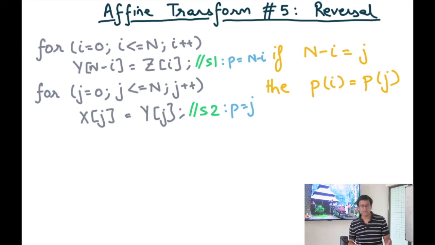And so based on these space partitioning constraints, the maximum rank solution that I'll get is p equals n minus i and p equals j. So for the ith iteration of S1, it is mapped to the (n - i)th processor in the processor space. For example, the 0th iteration of S1 is going to get mapped to the nth processor. And on the other hand, for S2 it is p equals j, which means the nth iteration of S2 is going to get mapped to the nth processor. So the 0th iteration of S1 and the nth iteration of S2 are going to get mapped to the same processor, which is processor ID n. And that's exactly what our space partitioning constraints require.